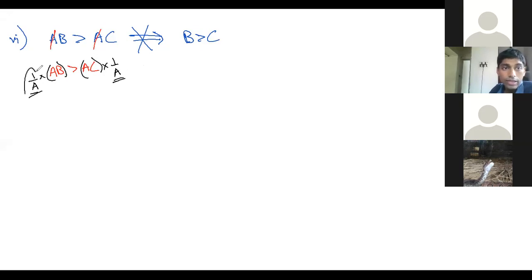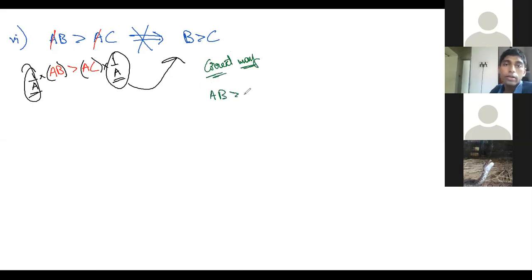So then the same problem is there. Now you don't know what is the sign of 1 by A. Because you don't know the sign of 1 by A, therefore this statement is not necessarily valid. So then the next question which arises, which Shubhankar was also asking, is how to solve it? The correct way is AB greater than AC implies,